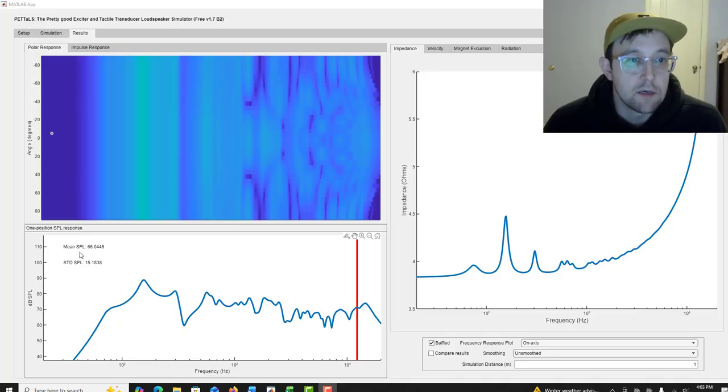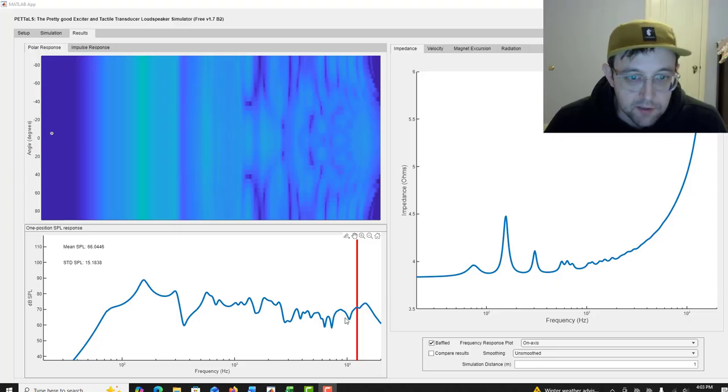And this is video 9, so hopefully this isn't the first video that you're watching. And if you're interested in this, please go back and watch the other videos first, where I've talked a lot about this particular window and these particular results before, which right now are showing the on axis at 1 meter away sound pressure level response in decibels of the default setup that comes up when you load the program,